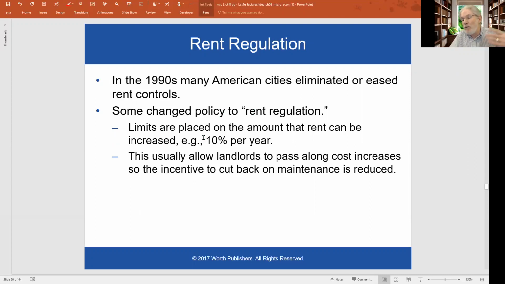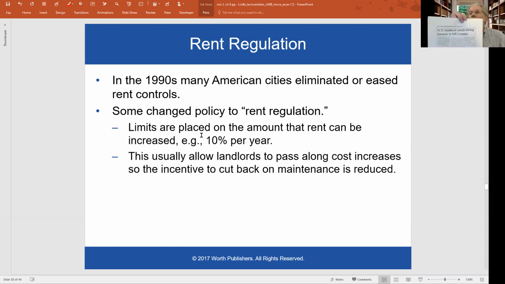One example would be that, or as it says here, they might be allowed to raise it by a certain percentage every year, or it could be that they are allowed to raise the rent whenever the renter leaves. So if you rent a property today, then sometimes the rent will be fixed at that level for as long as you're there. But then when you move out, then the landlord gets to charge a higher rent to the person who moves in, which is what I alluded to last time.